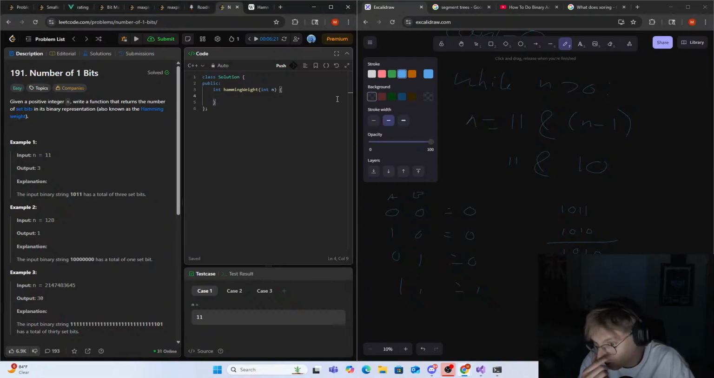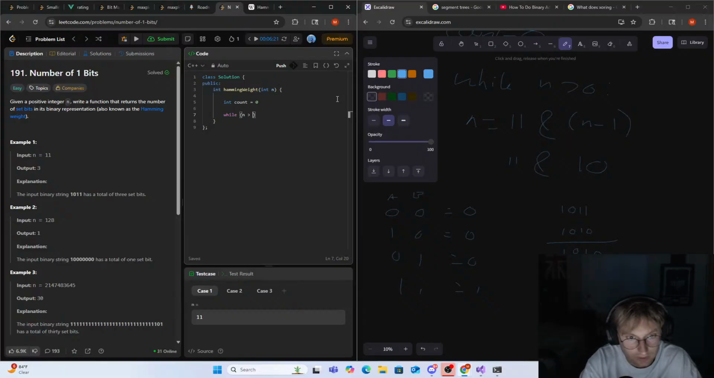Right, so if we were to do, okay. We had a count here, right? Count being 0. When count is 0, we have while n, so while n is greater than 0, we loop, right? And we would do n is equal to n and